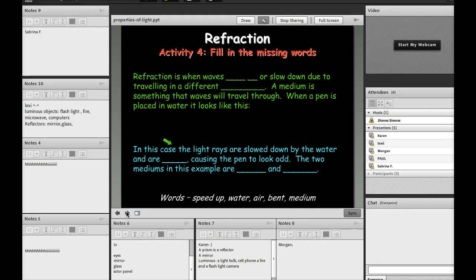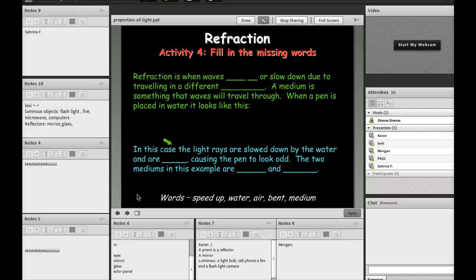When a pen is placed in water, it looks, this is like when you think about a glass of water and you put a straw in a glass of water. If you look at it from the side, it looks bigger and it looks like your straw is broken, right? So that's refraction. Okay, next. In this case, the light rays are slowed down by the water and are bent, causing the pen to look odd. The two mediums in this example are